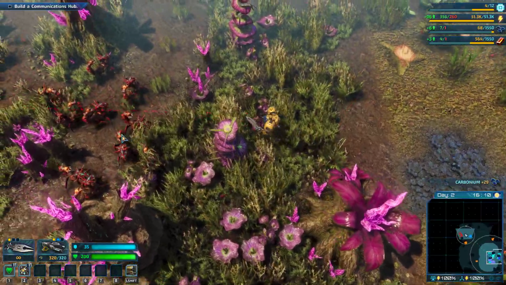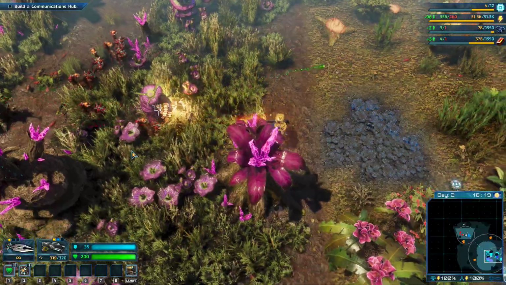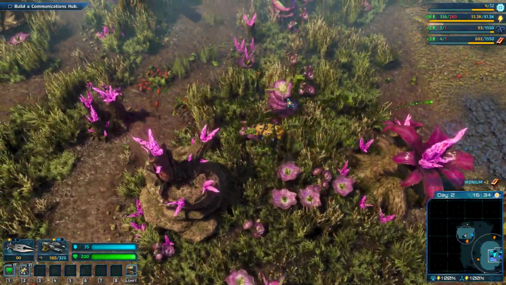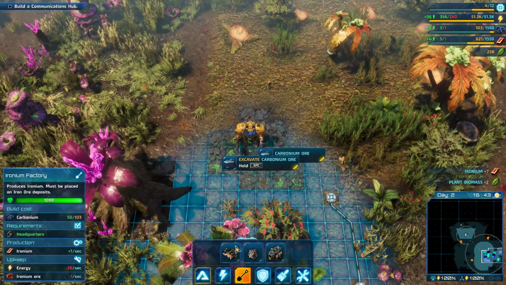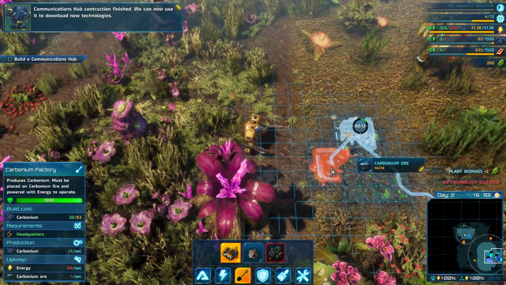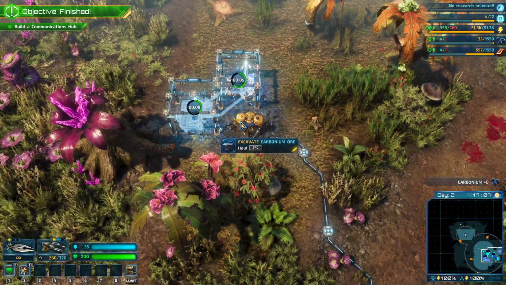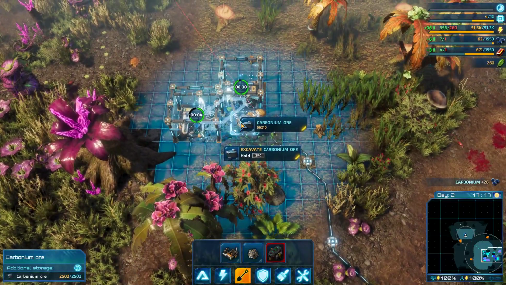Okay, there's enemies there, so we need to get rid of these. Cool. Right, carbonium factory. We can fit probably 4 here, surely. Maybe only 3. They never sit well when it comes to rotating them. Right, no research selected. Where's the...